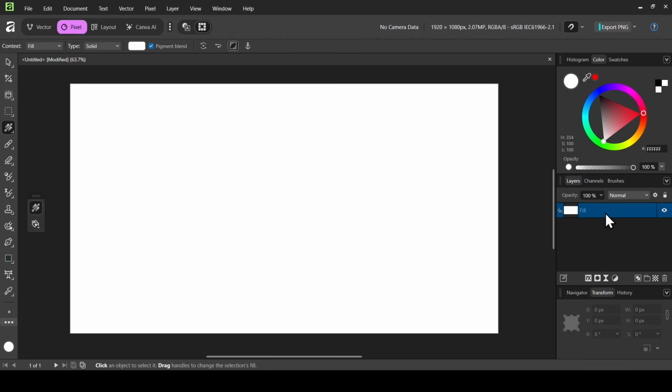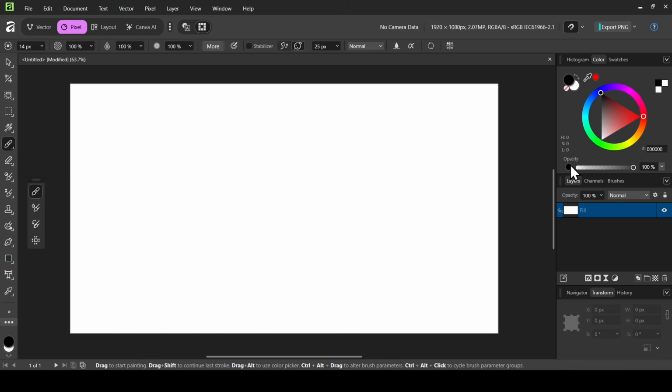So I have already created my fill layer with the white color. I am on Pixel Studio. And now if you want to import brushes, for example, I'm going to select the paintbrush and now select